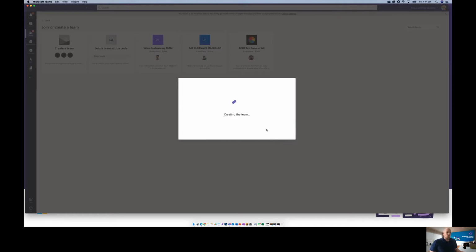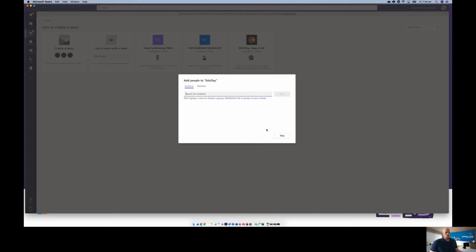So before I do this next step, I will point out that if your organization or your school uses something that is called School Data Sync, you probably won't have to do this process for setting up class teams. Essentially, it reads whatever software the school is using to generate their timetable, and it makes the team for you. So when the timetable is distributed, the team will also distribute and appear in your Microsoft Teams. If you're not using that, you will have to follow this procedure to add in your students.